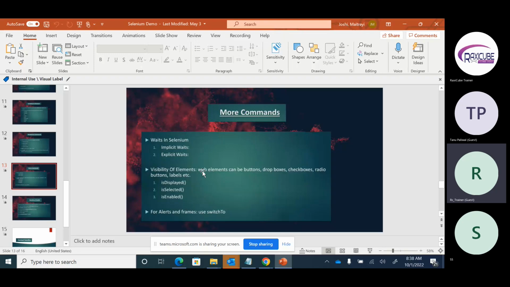We also check the visibility of elements. These can be buttons, drop boxes, check boxes, and radio buttons. Now, what is an HTML page? An HTML page is made of web elements like checkboxes, option buttons, radio buttons, drop boxes, and list boxes. If somebody tells you to click here, or retrieve this data, or that this element is present,